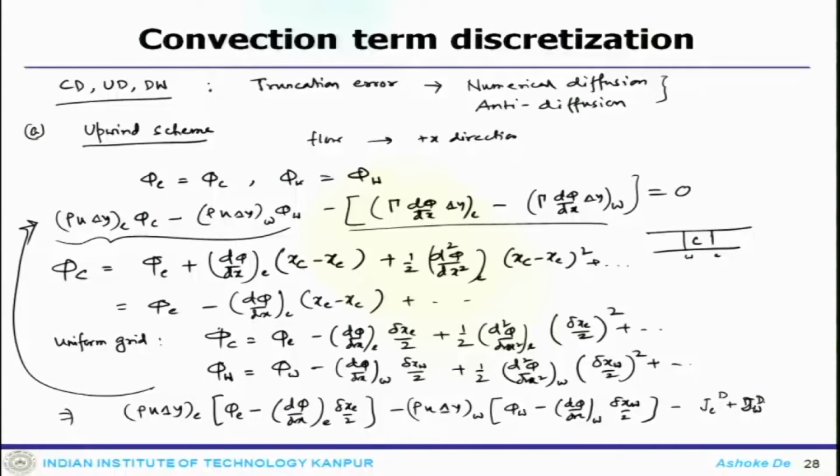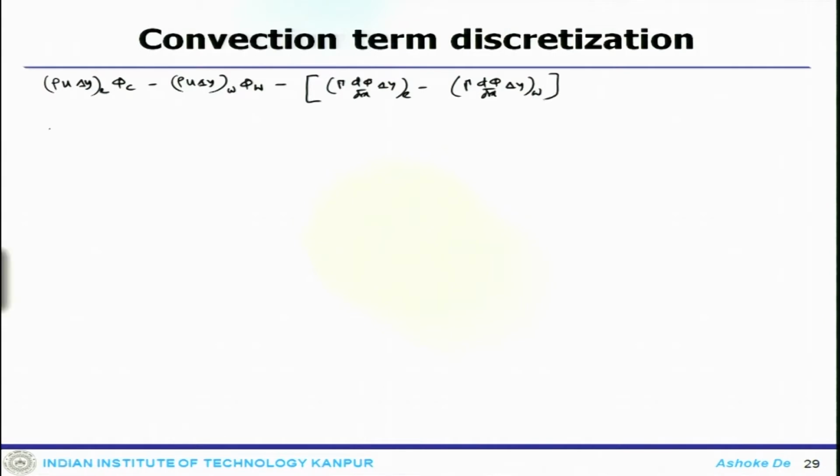So, those are the diffusion components. They will remain as they are, and now if you rearrange the terms, it becomes rho u del y e phi e minus rho u del y w phi w minus gamma d phi by dx del y east minus gamma d phi by dx del y west, which will essentially become rho u del y e phi e minus rho u del y west phi w